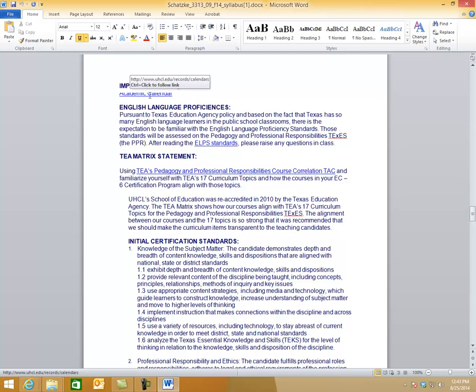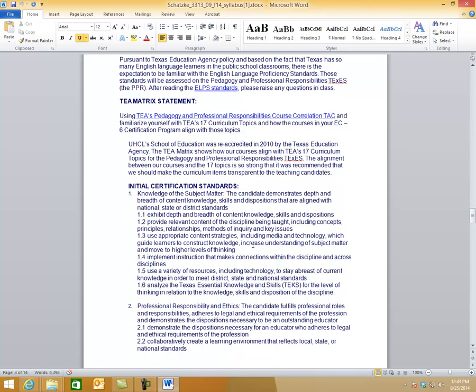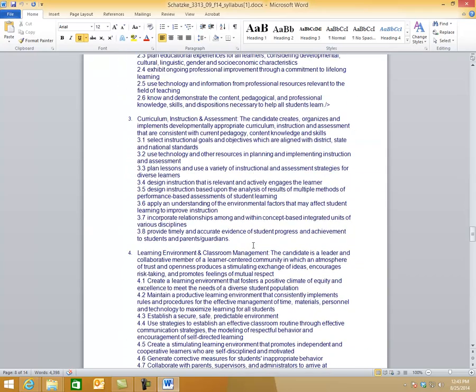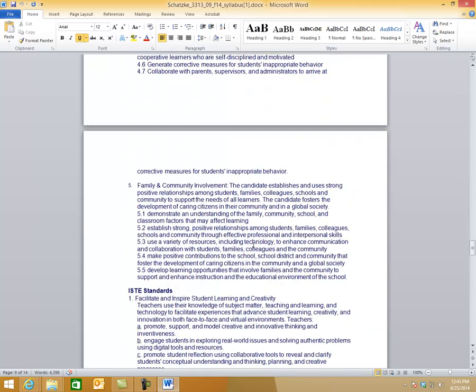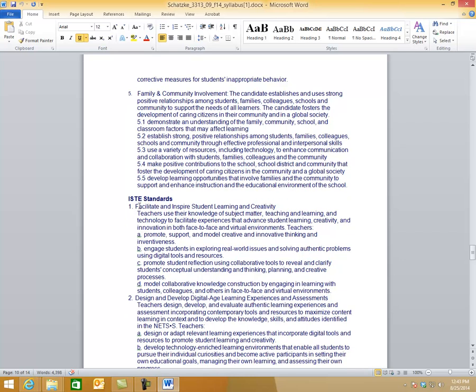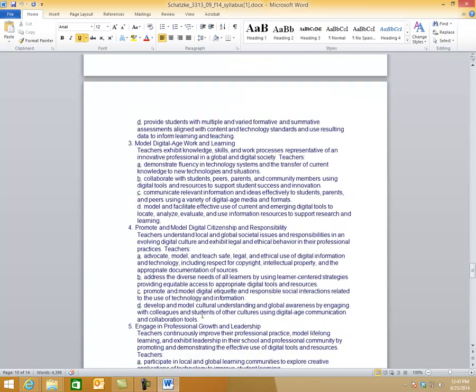Academic calendar, you can click on that. We'll talk about that later. Make sure you read that. ISTE standards, these are all things that as a teacher and as a student, these are just general technology strategies and tools that you just need to make sure that you master.